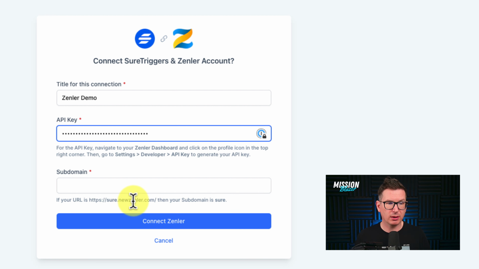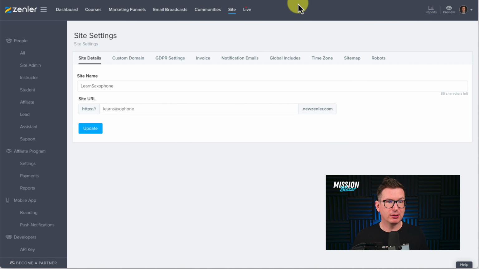So you can see the example below here. It says sure.newzenler.com. And this instruction actually threw me off a little bit, so I want to make sure that you find the right URL here. So we're going to go back into Zenler, look under Site and Site Details. And here, where it says Site URL, you have your own subdomain name here. In my case, it's going to be